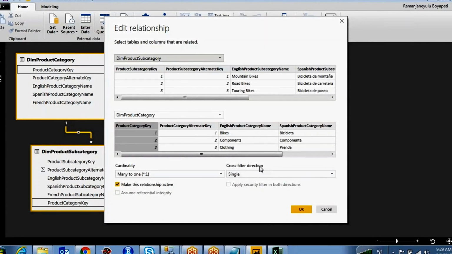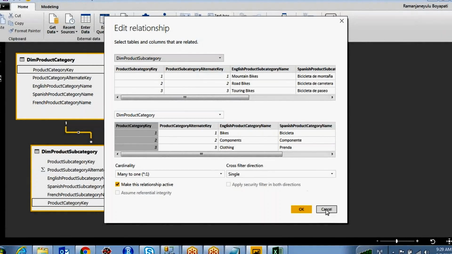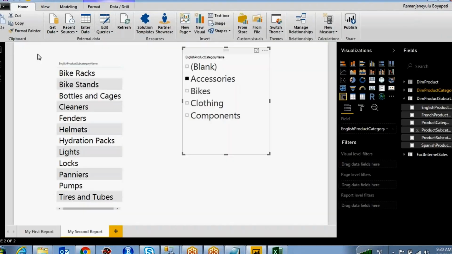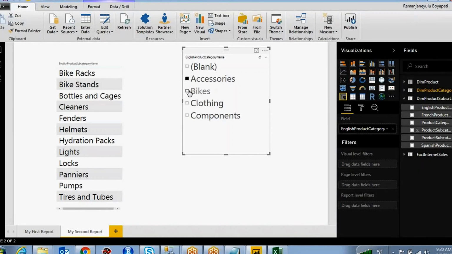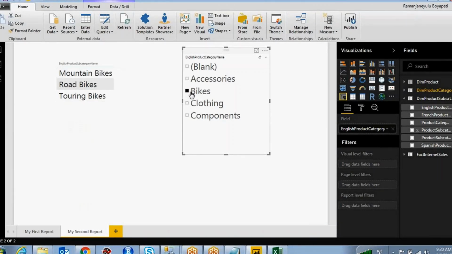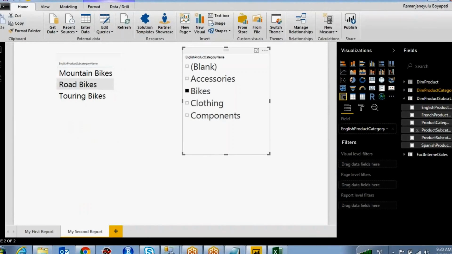cross filter direction. What do you mean by cross filter direction? When you are going to filter the data, see here what's happening. When you are selecting bikes or accessories, it is filtering the data in subcategory. Am I right?